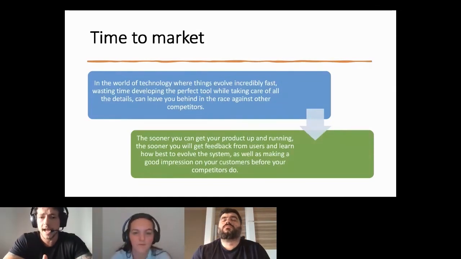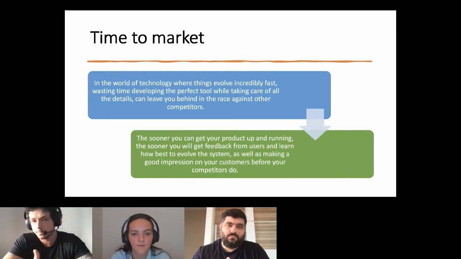The sooner you get your product up and running in production, the sooner you will get feedback from users and learn how best to evolve the system, as well as making a good impression on your customers before your competitors do.